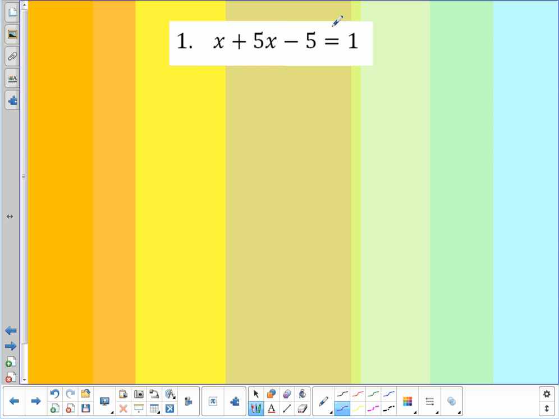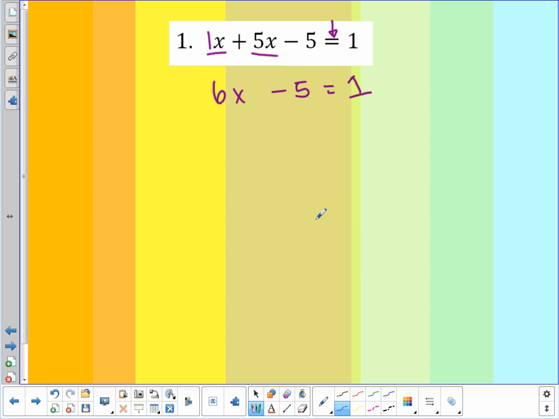So if I think of my equal sign that's right here as kind of the separation of the left and the right, over here on the left-hand side, I see that I have an x and a 5x. Now, x and 5x are like terms. And if you don't remember, the coefficient that's in front of x by itself is a 1. So if I put those like terms together, 1 plus 5 gives me 6. So I have 6x. I haven't done anything with the minus 5, and I haven't done anything with the 1